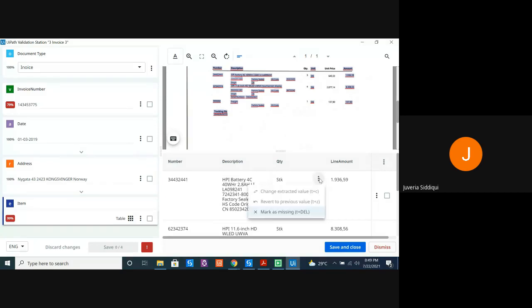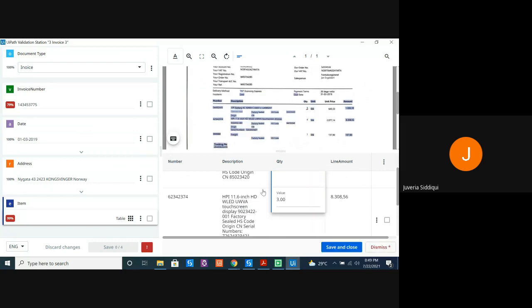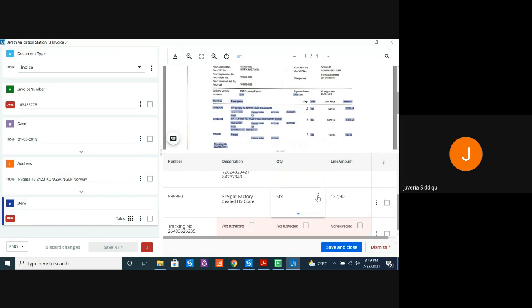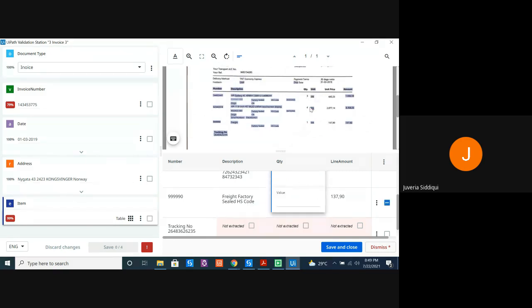Let's do this. So click this, mark this as missing. Let's start by extracting. So this is the value that I wanted to extract, right? So click on this and click on add extracted value. All right, same. This is the value that you wanted to extract. Again, let's go and do the same for others. So this is basically for the last line. Or simply this, go over here, change the extracted value, and then it's this value.